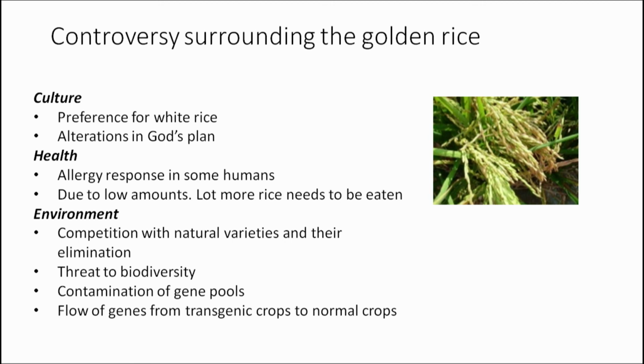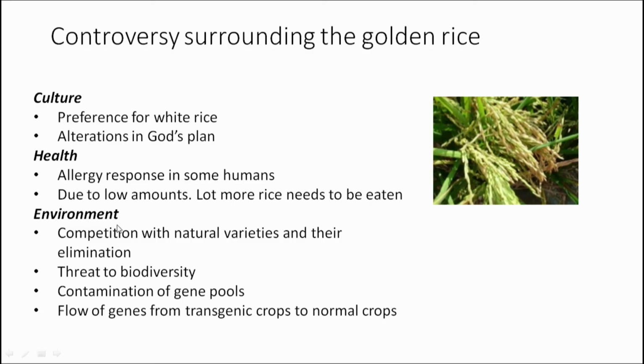So, people need to consume a large quantity of rice in order to meet the daily requirement of vitamin A, which is not desirable, because they think, unnecessarily, why do we have to take a starch containing material. Or it could be because of environmental constraints. Now, between these transgenic crops and the natural varieties, there could be a lot of competition, and the natural rice varieties could just become eliminated, which is not very acceptable.